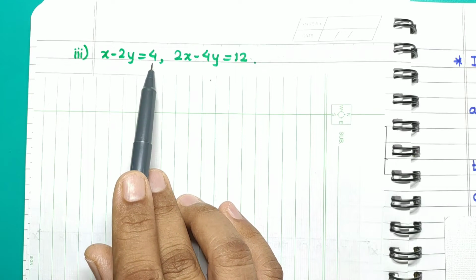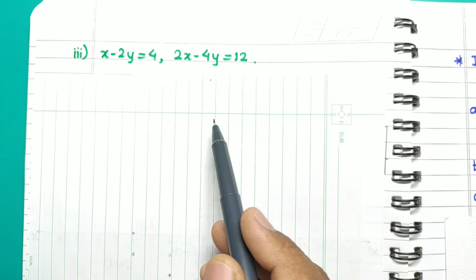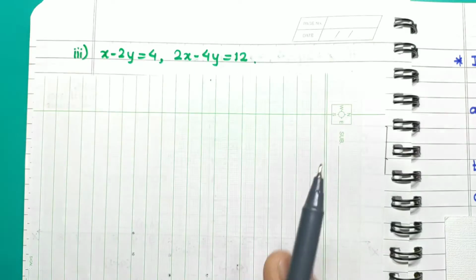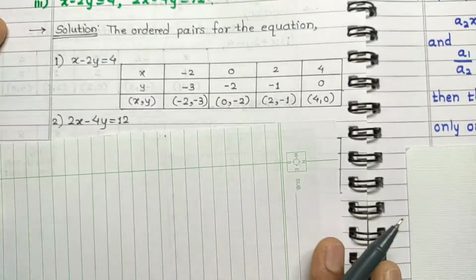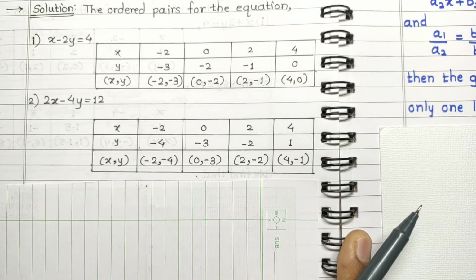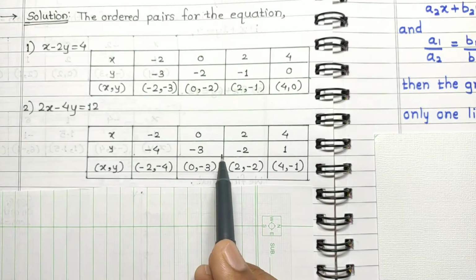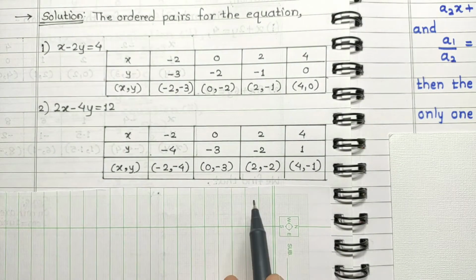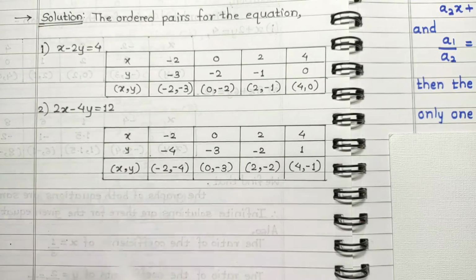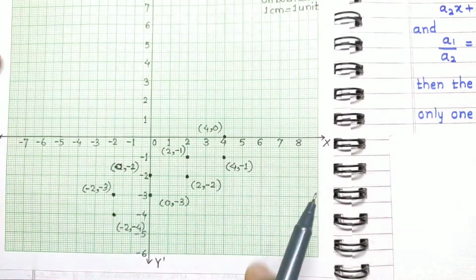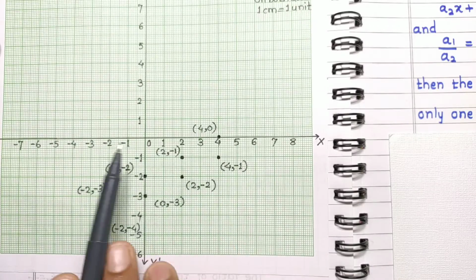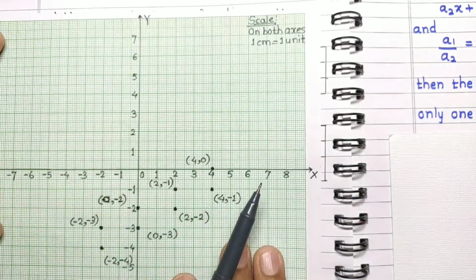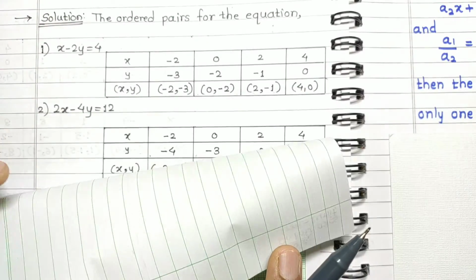For that we have to draw graphs of both the equations, and to draw graphs we have to find out ordered pairs, that means solutions to these equations. See, I have already found out those ordered pairs. To save time, you try to find these ordered pairs on your own. Okay, so now let's plot all these 8 points on graph paper. See, consider graph paper, coordinate axis, origin, then you write down the scale at the right top corner of graph paper. See, first point is minus 2, minus 3.